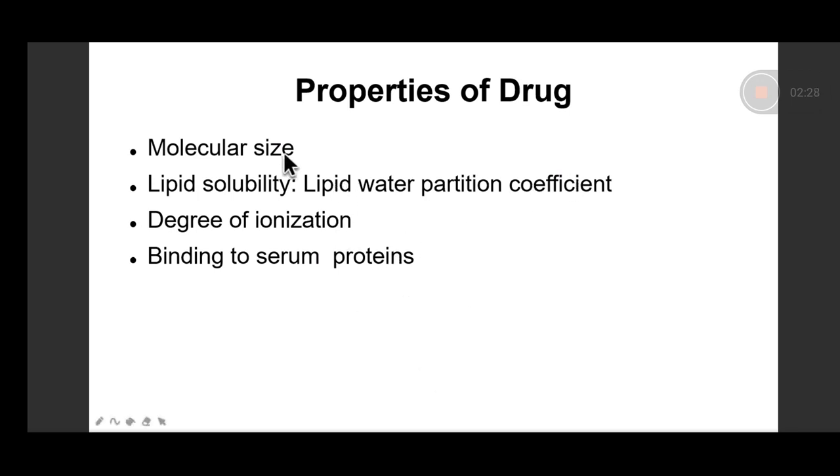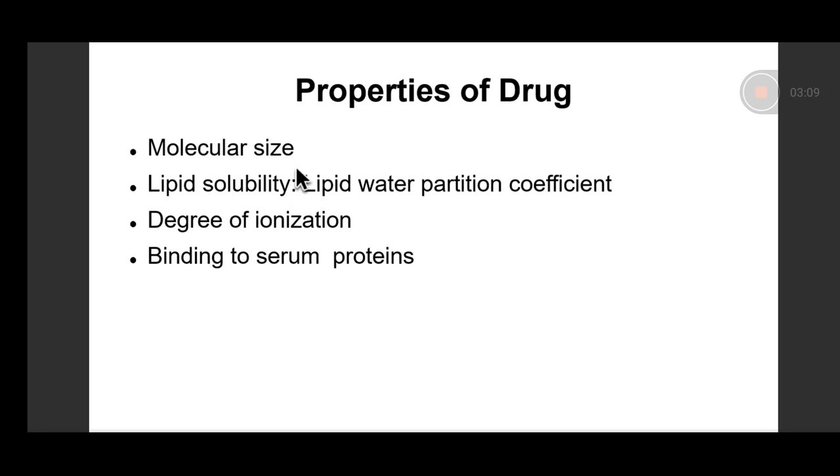Now, just a few lines about each of these, because I think this is covered in biochemistry in much greater detail. Now, the average size of most commonly used drugs is between 100 Daltons to 1,000 Daltons. Lesser than 100 Daltons, the action of the drug becomes very, very non-specific. And its configuration, its binding to a receptor, everything becomes non-specific. So we don't want a drug to have a non-specific action. Beyond 1,000 Dalton, it is difficult for the drug molecule to move across biological membranes. So most drugs are between 100 to 1,000 Dalton.